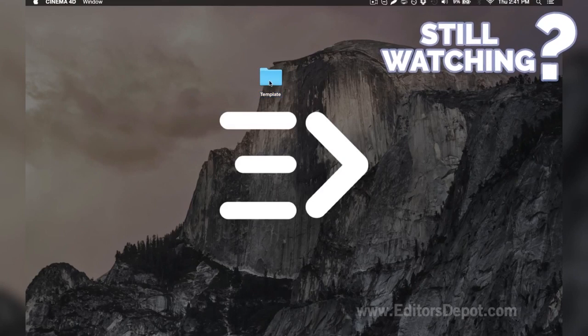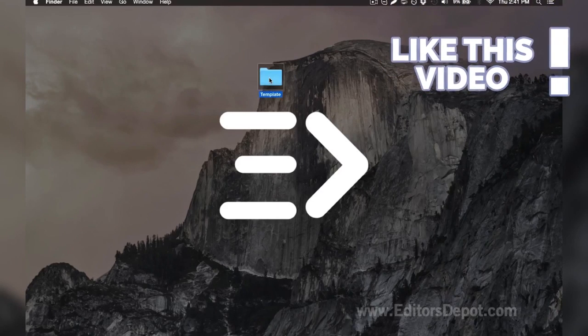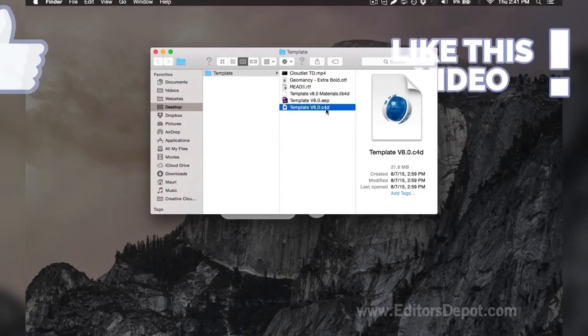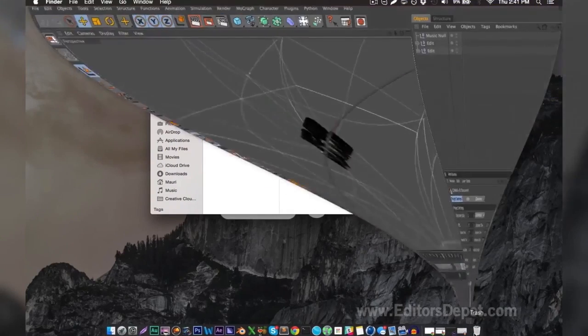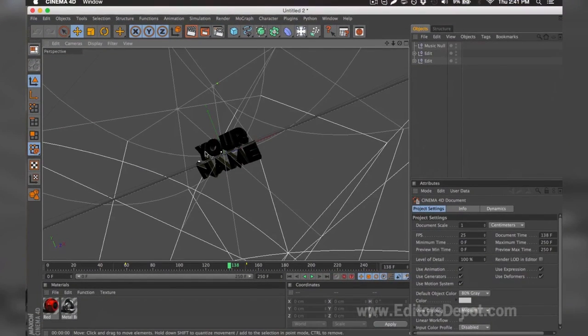Now that that's out of the way, all you're going to want to do is open up the Cinema 4D file. So here it is, and we already have it open, so I'm going to go ahead and bring it up. And as you can tell, everything is ready to go. All you have to do is replace the text, render, and you're done. Except one little thing, there's sometimes problems that come up with the templates,